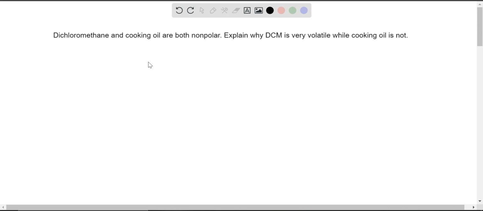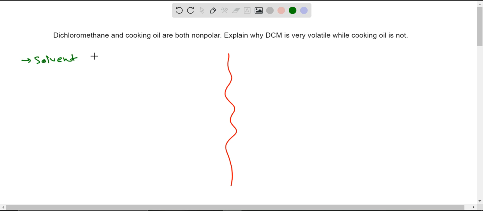So in this problem, we have that dichloromethane and cooking oil are both non-polar. Now we have to explain why dichloromethane is very volatile, while cooking oil is not. So the answer is, dichloromethane, commonly known as methylene chloride,